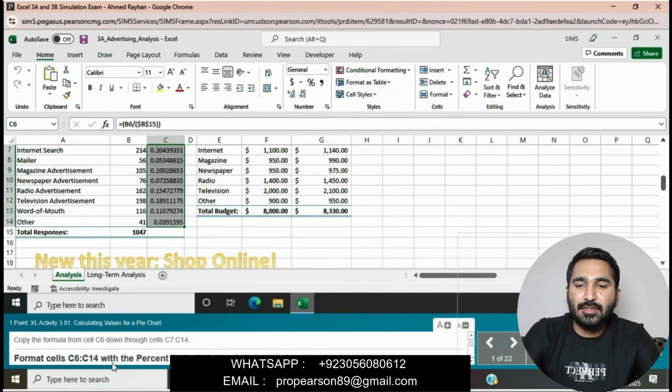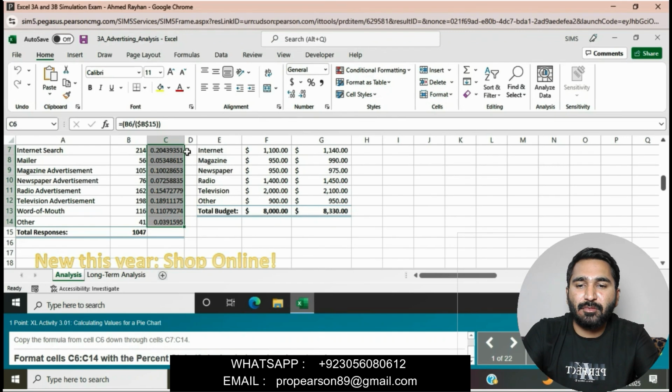Format cells C6 to C14 with the percent style, 0 decimal places and center. Basically in this question we will first select this range C6 to C14 and go to the Home tab.